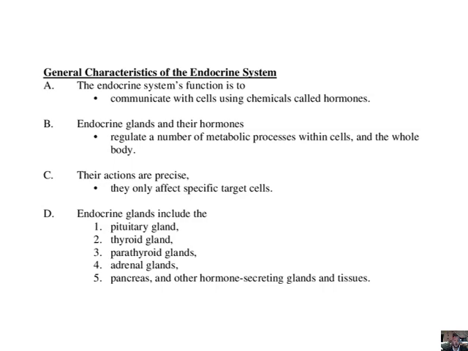The parathyroid gland is not really for matric level, it's far higher up, but it deals with the secretion of calcium. There's another word we should go over again: the difference between secretion and excretion. Secretion is something that is released by the body and it is for the body, so it has some sort of good purpose within the body. Excretion is by the body, not for the body, so we're talking waste products such as urea, feces, and all that other kind of stuff. All right, then we've got our adrenal glands. If none of you know where your adrenal glands are, they are sitting nice and perky on top of your kidneys.